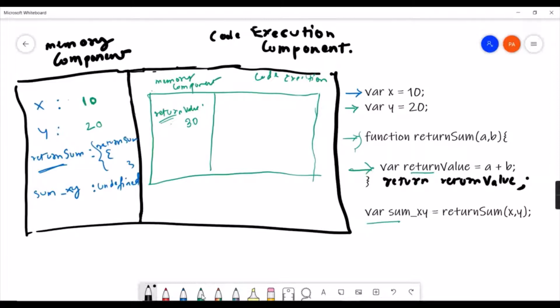So once this function has been executed, what will happen? As soon as the JavaScript engine sees this statement return value, it will pass on this value to the global execution context, or we can say the context which called this function. Okay, so it will pass the value 30, right, to this global execution context, and that value will be assigned to this variable.